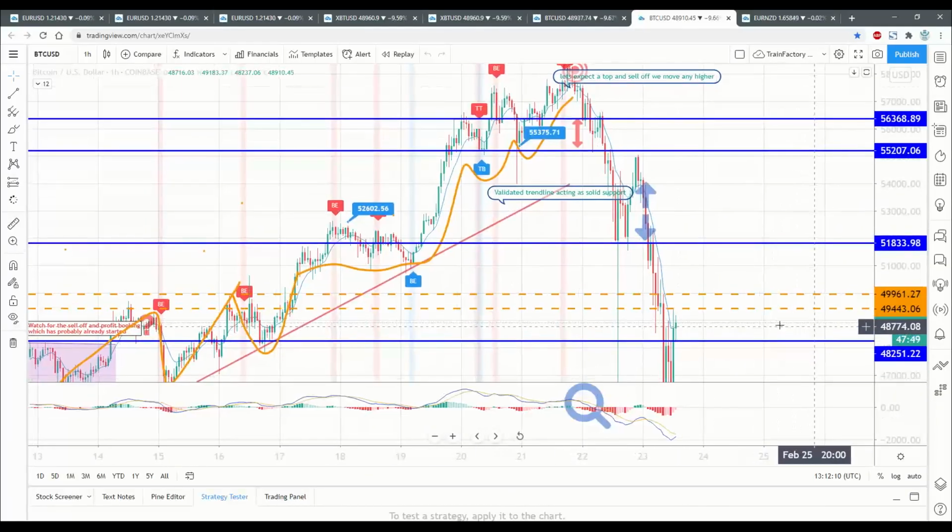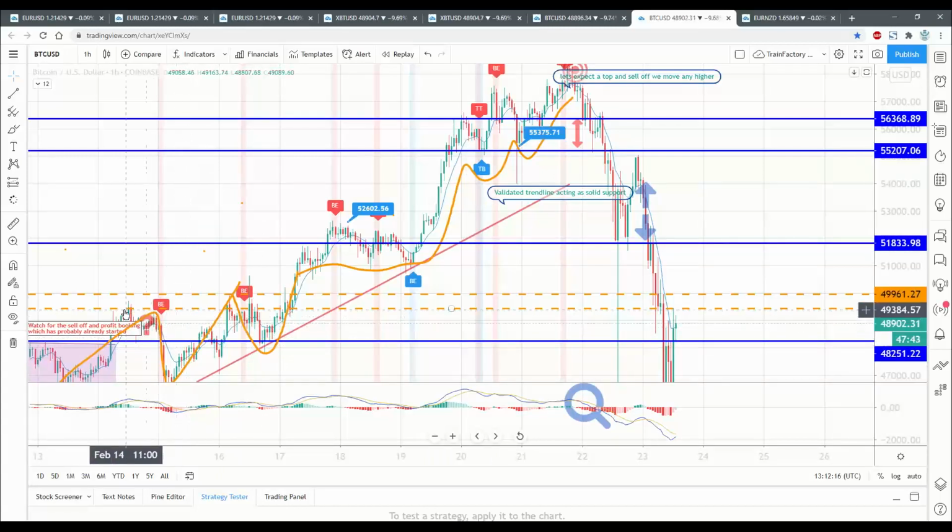Okay, look what happened here. Bitcoin. We've all been reading about it in the paper. And what did Bitcoin do? It was trading in a beautiful, developed uptrend. And look at this. And this is my analysis from going back weeks and weeks ago. Okay, moving up, making higher high, coming back, making higher low, higher high, move, and moving in a beautifully defined